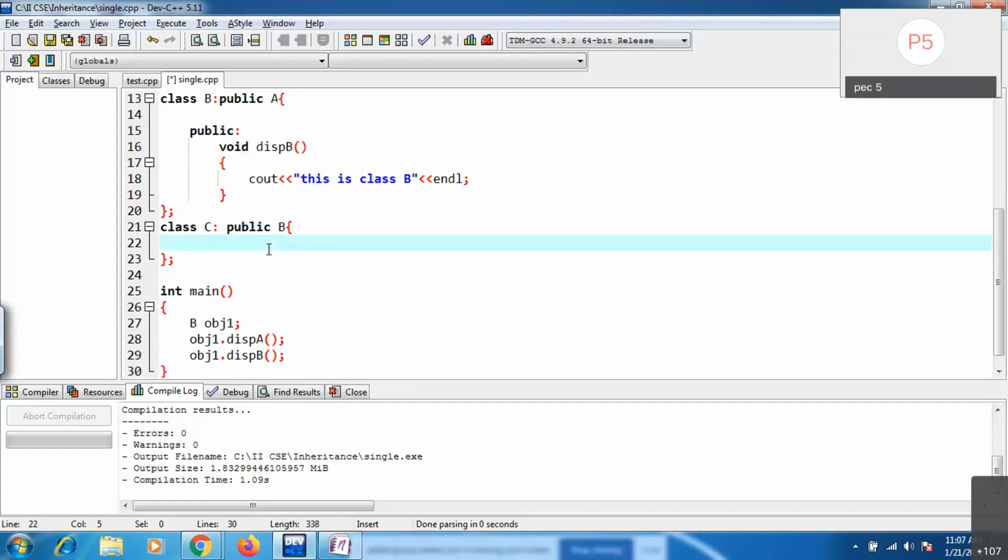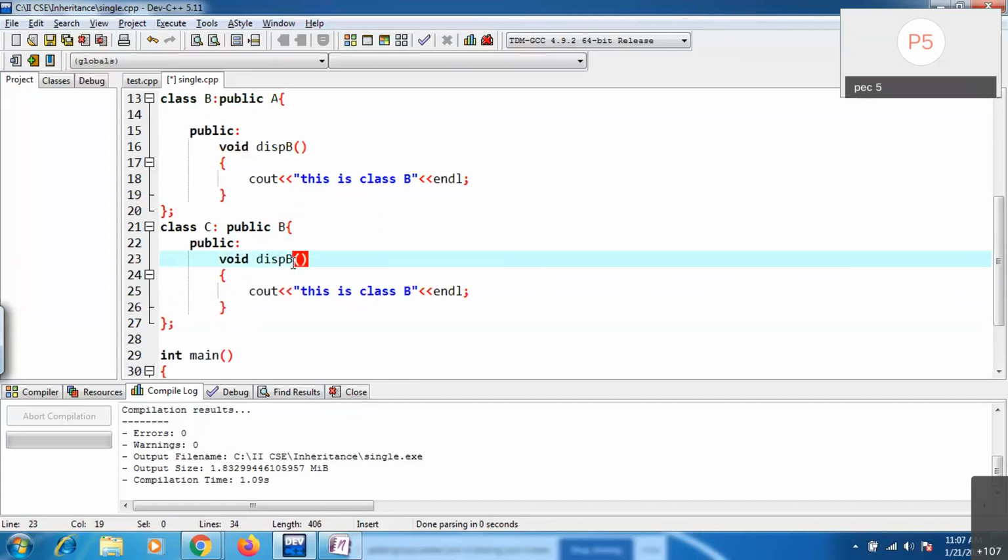Now I'm changing this to C, and this is the class.